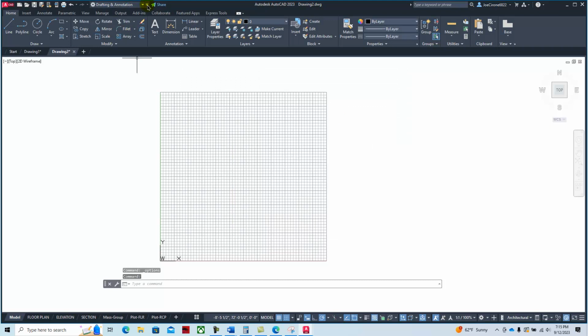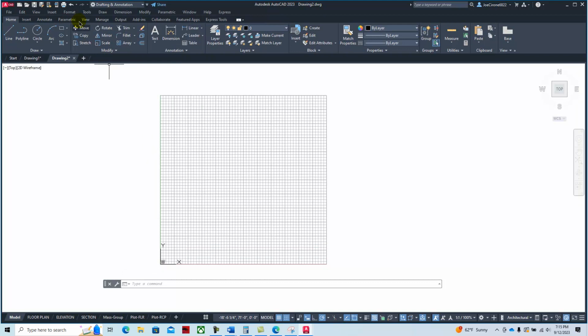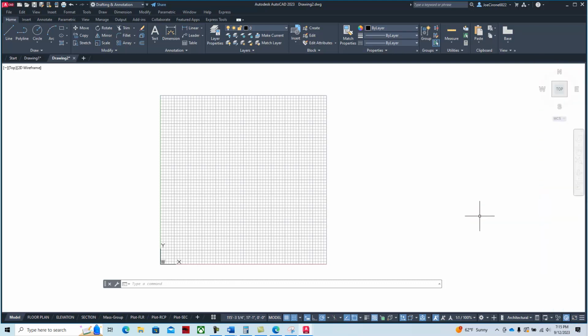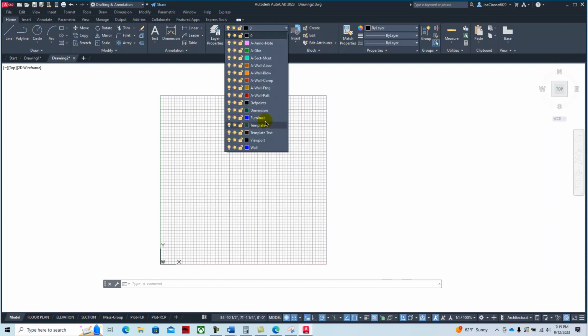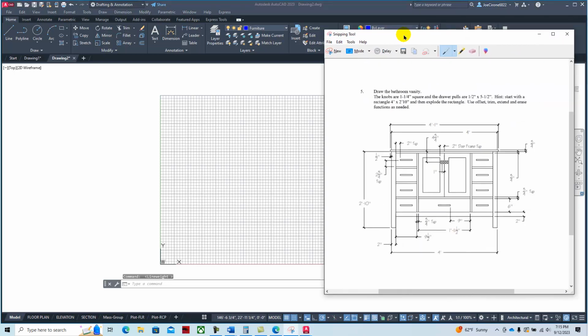We're going to make sure that our menu bar is on. And now you can see the menu bars across the top. And then we're going to make sure that we have all of our settings on, except for invert constraints. And we're good. We're going to go to the layer, furniture, and make furniture layer active. I'm going to turn on my line weights. And then as we look at this drawing,